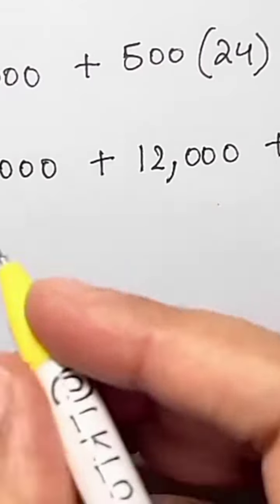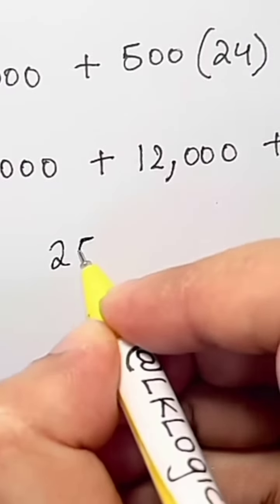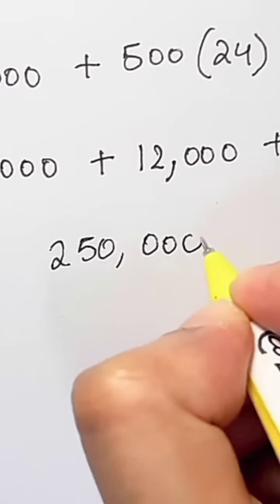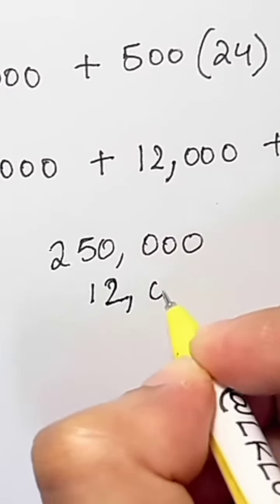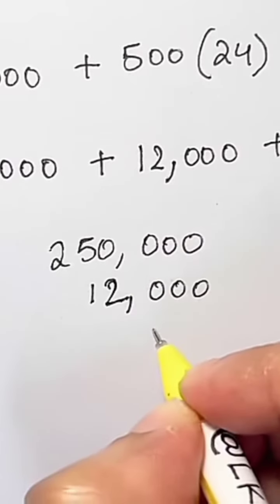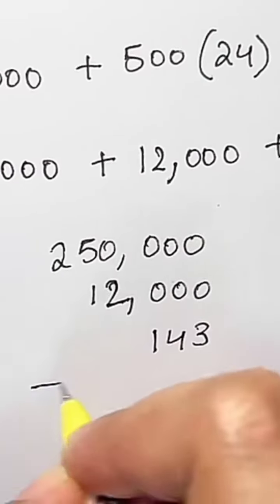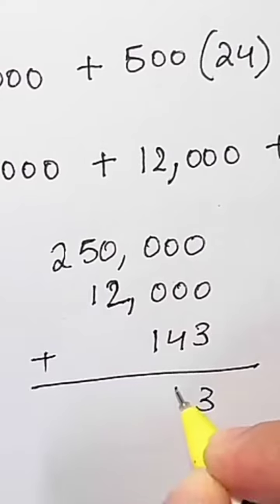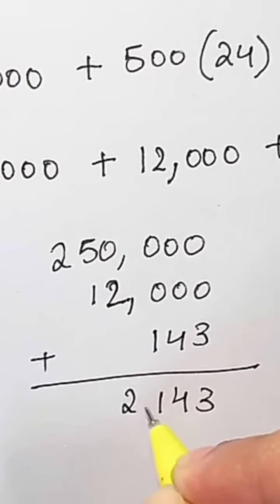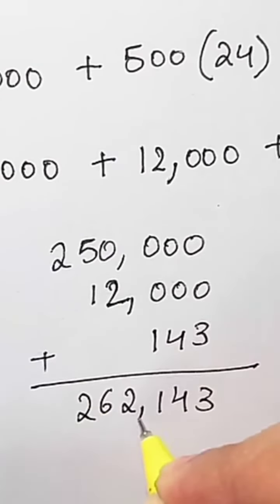Now let's just add them up together. So we have 250,000 plus 12,000 plus 143. So when you add them up, you get 262,143. So you have